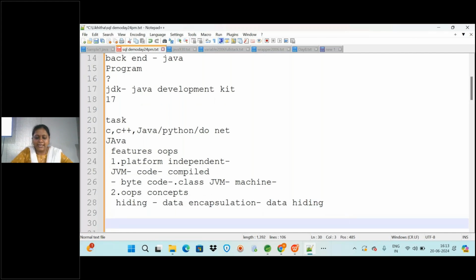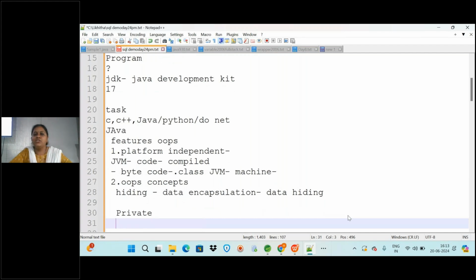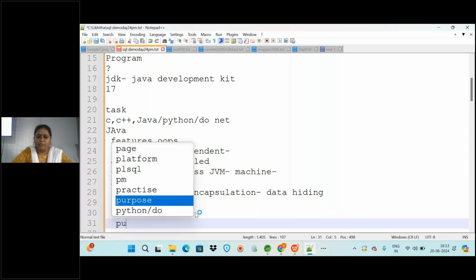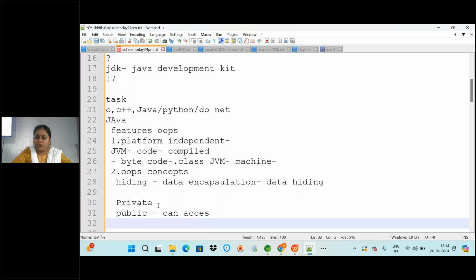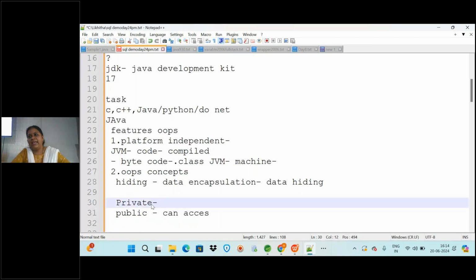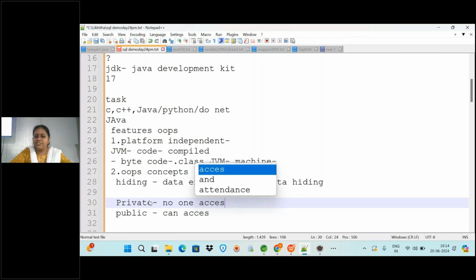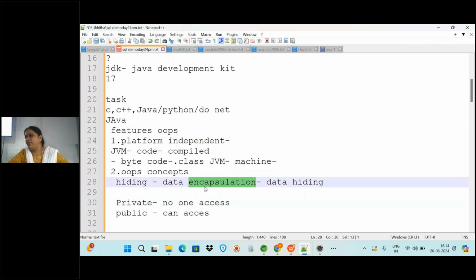By making the data private. If it is public, everyone can see it; whoever wants to use it can access everything in public mode. If it is private, no one can access it. With this feature, you achieve data encapsulation or data hiding.